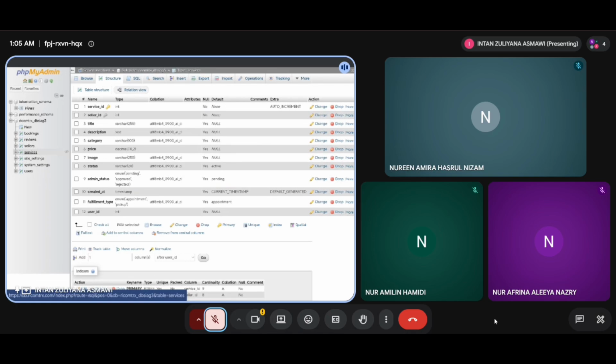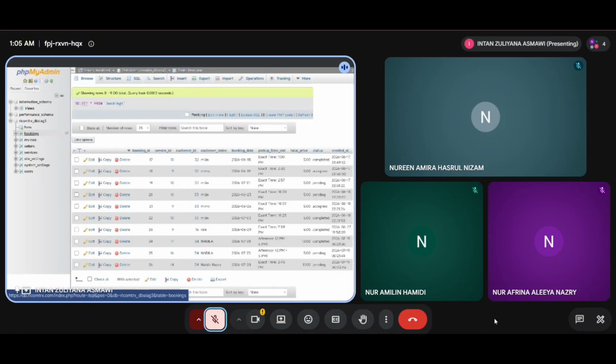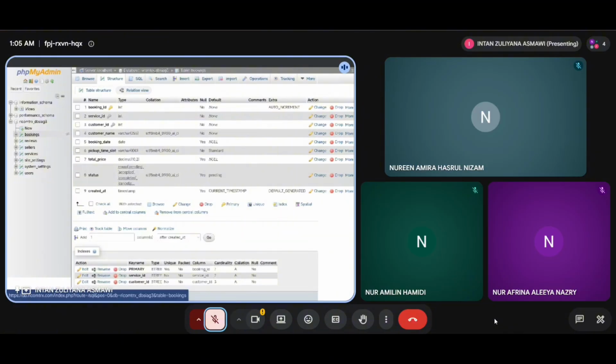And next, our booking table. The booking table is for when a student buys a service and a receipt is generated. The primary key for the booking table is the booking ID, a unique order or receipt number. For the foreign keys, we need service ID, which is what the user bought, and the user ID for it. The attributes of the booking table include customer, which is the name of the buyer,